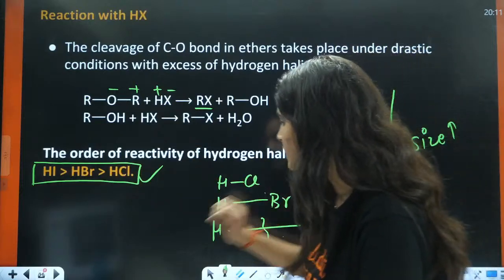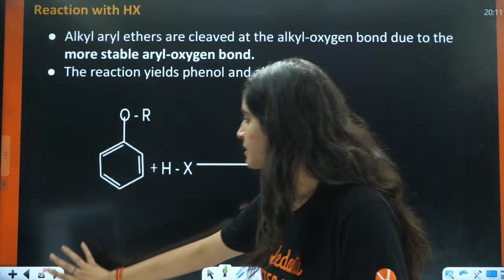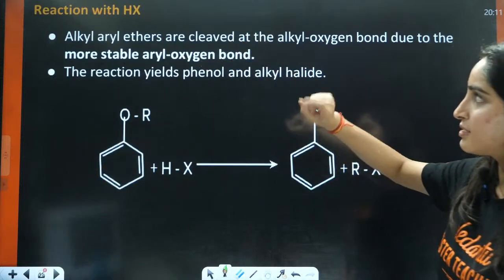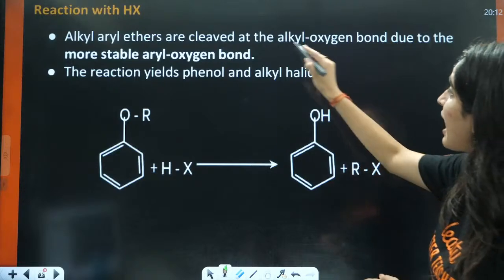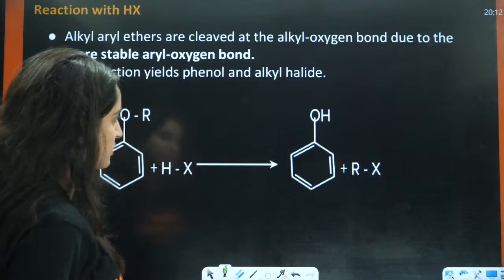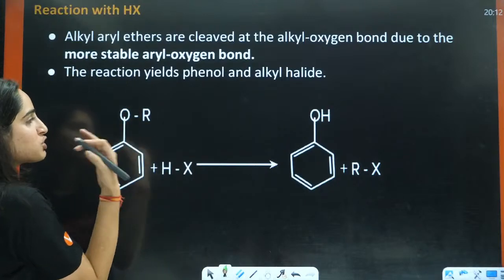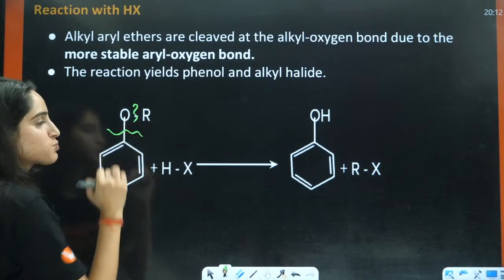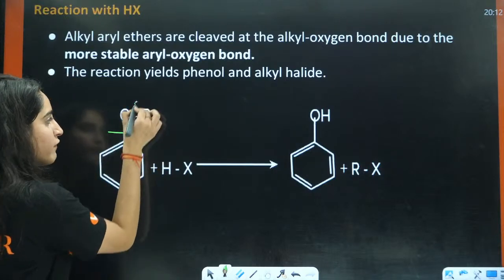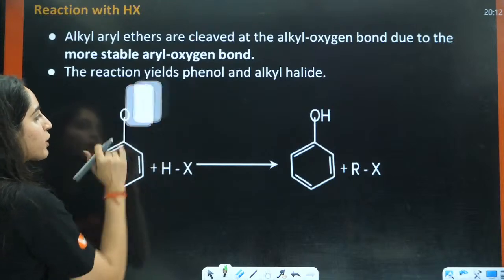Next are the reactions. Alkyl aryl ethers are cleaved at the alkyl oxygen bond. For example, you have this reaction. You have the choice of breaking this bond or this bond. We will not choose this one; we will choose this one. Why? Because